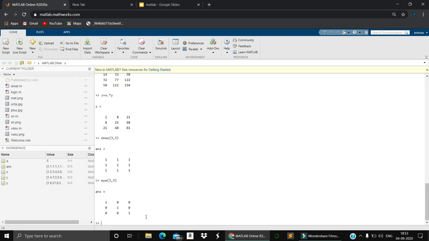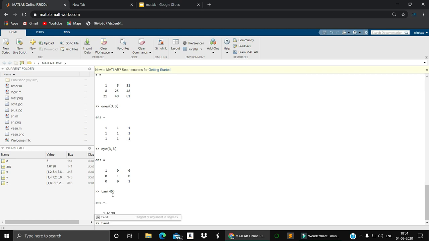Okay, and what else are we going to discuss? The trigonometric functions. Let me write tan 45. What value does it print? I am not specifying degrees, right? So that's why it came out like this. If you want to display in terms of degrees, then use tand, the usual notation.